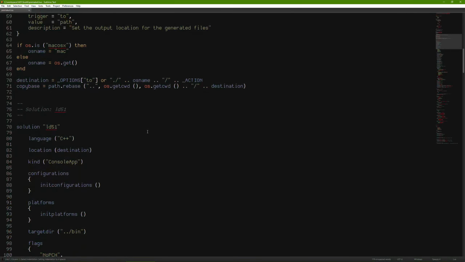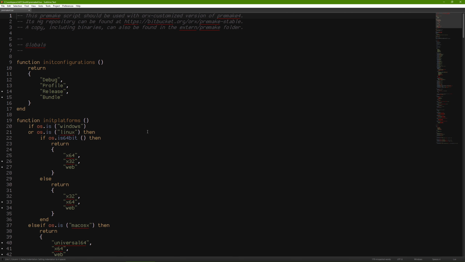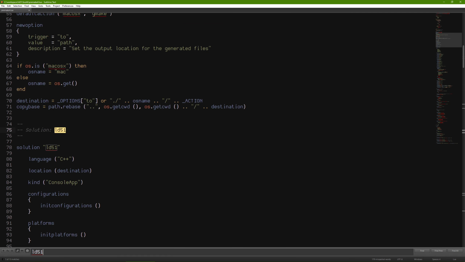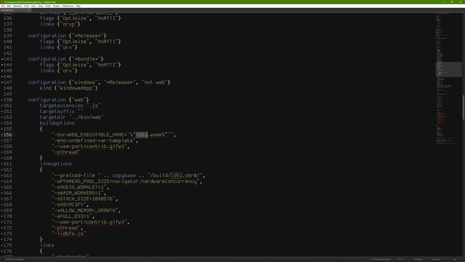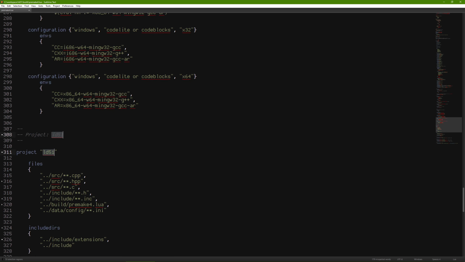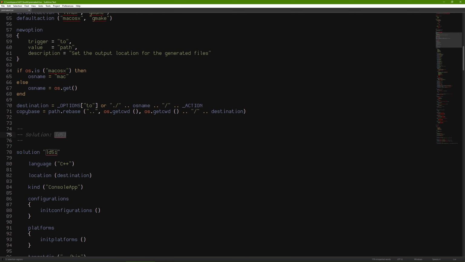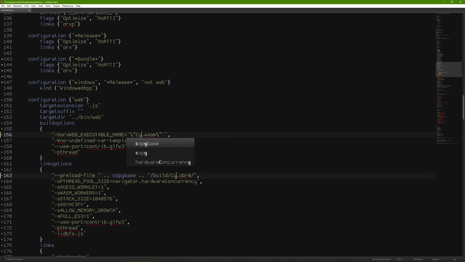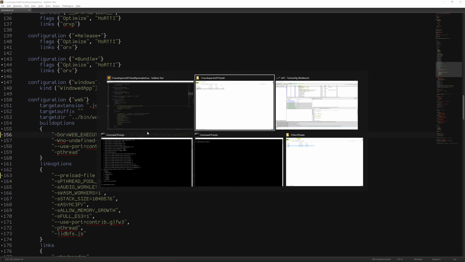One of the modifications that we know we're going to need is that right now, if we look at it, LD51 is the name of the solution, but that's also the name of the project itself. So all the occurrences of LD51 except for the solution, I'm going to rename, as I did in the past, as Cypermanes, and I'm going to save that script. Those are the only things I need to correct, but it's only because in the past, for that project, I did the same manipulation, so I need to redo it this time.